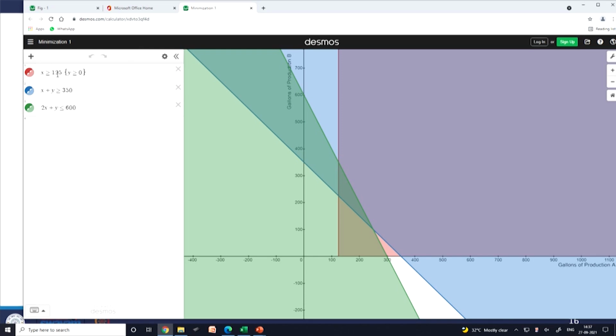So, I have entered x greater than or equal to 125, x plus y greater than or equal to 350, 2x plus y less than or equal to 600. So, in this region we got one point 250 comma 0, another point 125 comma 350, and one more point here, that is 125 comma 225. So, what we have to do? These values have to be substituted in our objective function. The point which provides the minimum z value is our decision value.